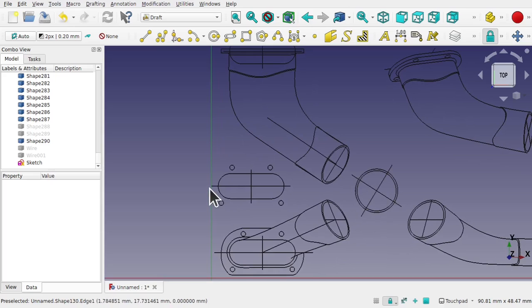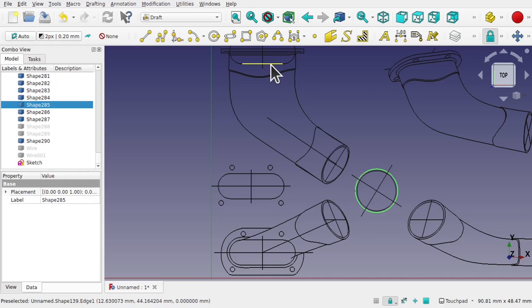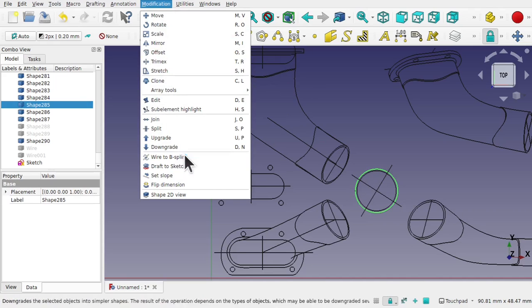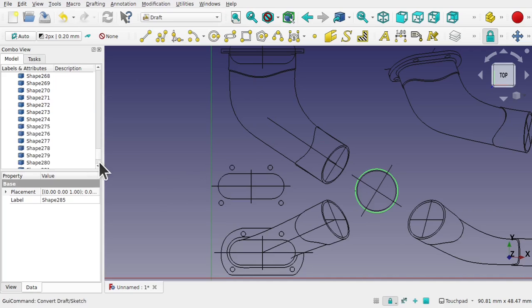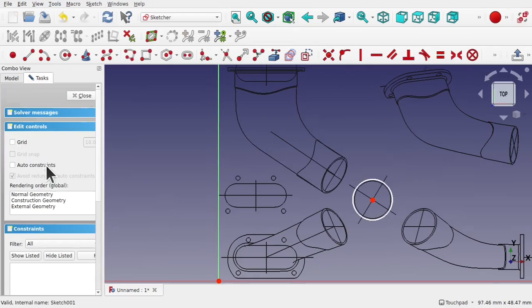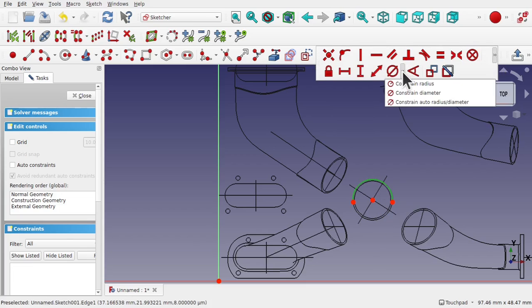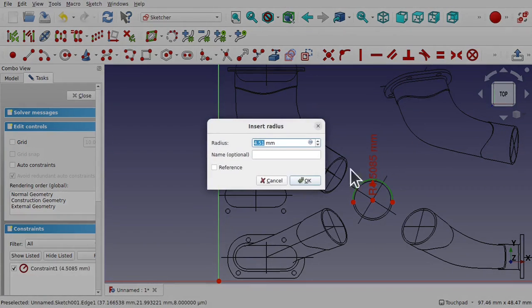Next, let's deal with our profiles. We've basically got a slot and a circle. So these are pretty easy to do. We can go through the same process. We can click on this circle here. We don't have to upgrade it or anything. We just come into the modifications and draft to sketch, and we get a circle, like so. And if we split that, because we only want half a profile, split it in half and delete the bottom, set some diameter or some radius on here first. So set the radius, okay, that,